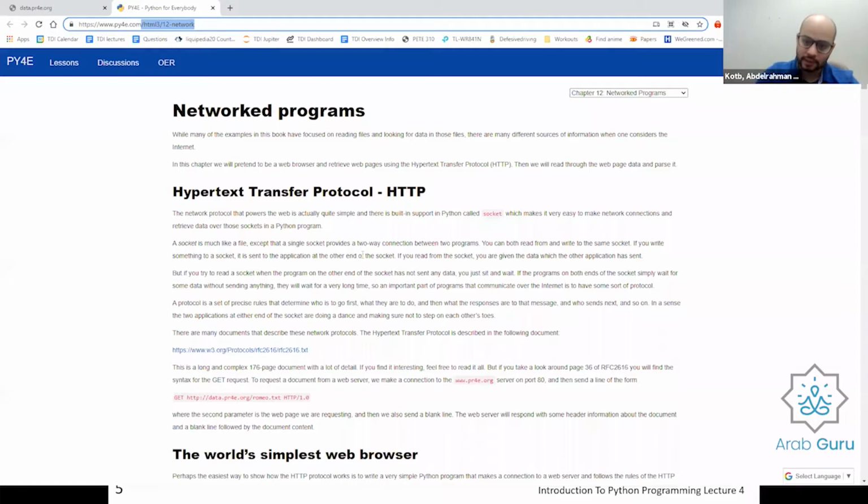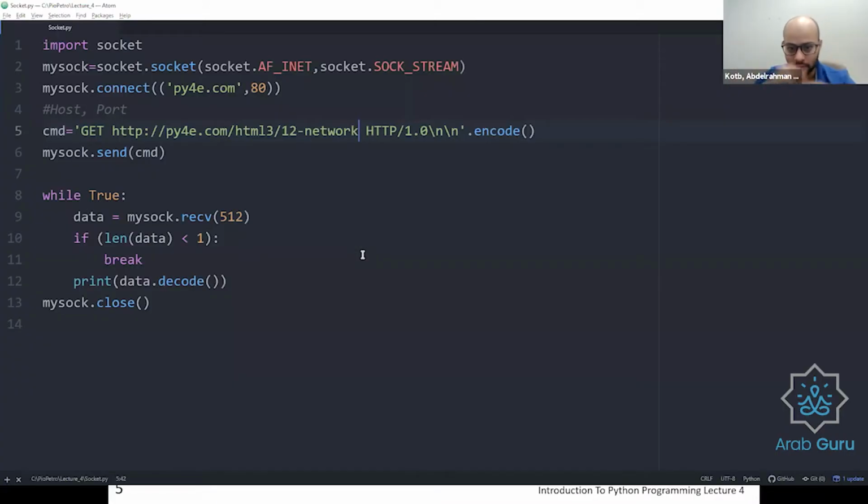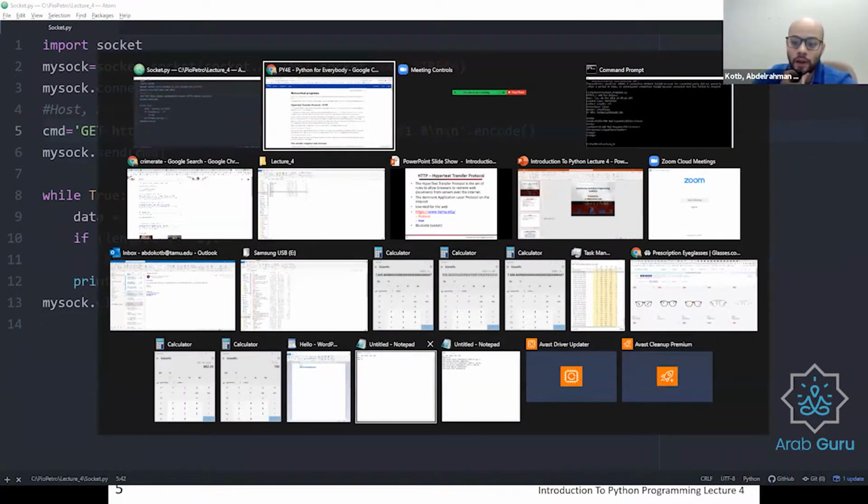So is this the only way to access a website on the internet? No, of course not. And actually, this is what I'm going to talk about next, which is an easier way to skip some of these steps. So let's go back to this. Another library.